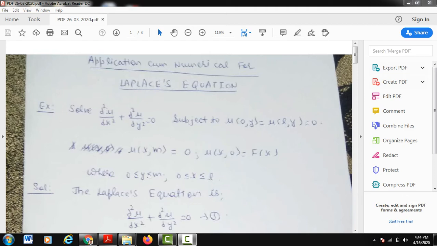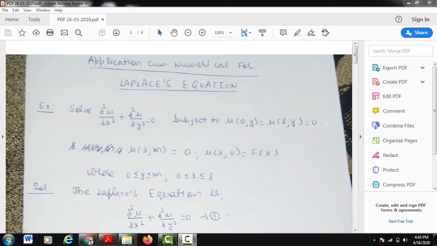In my previous lecture, I told you the derivation of the two-dimensional Laplace equation in the Cartesian form by using the method of separation of variables. Here, I am going to give the application or the numerical for the Laplace equation, that is, how practically we use the Laplace equation. So let us illustrate its application through this question.